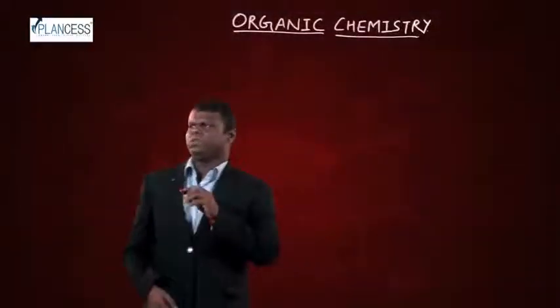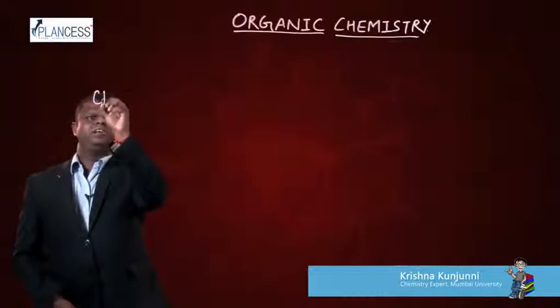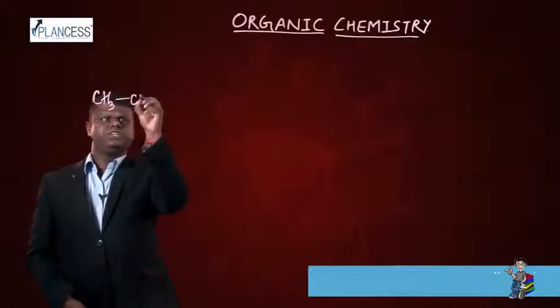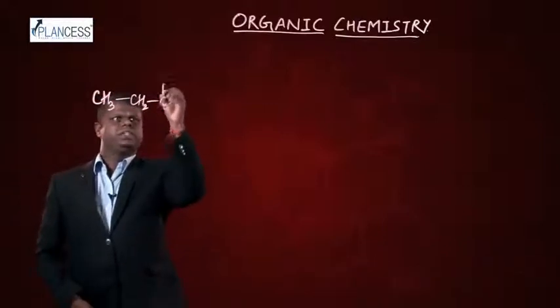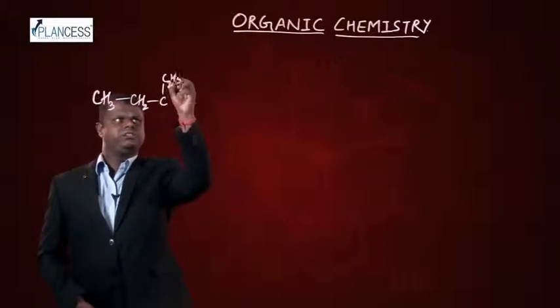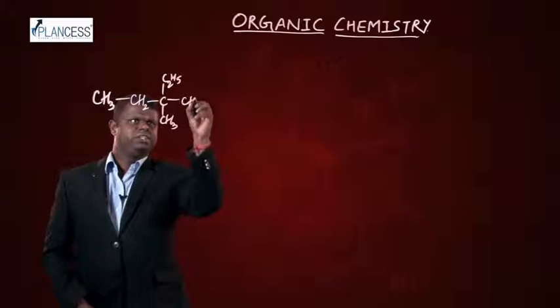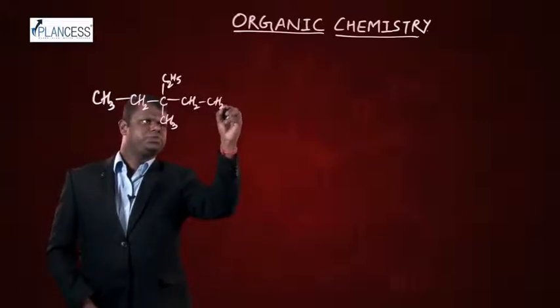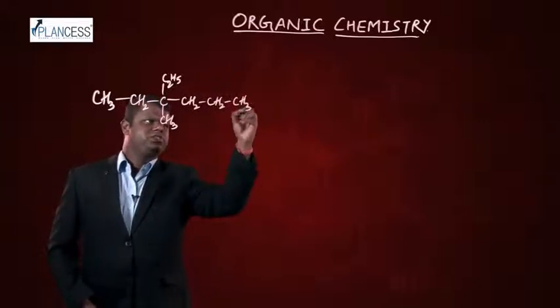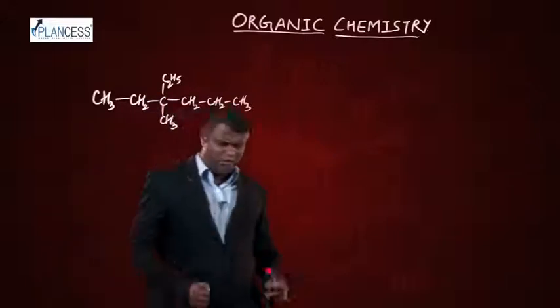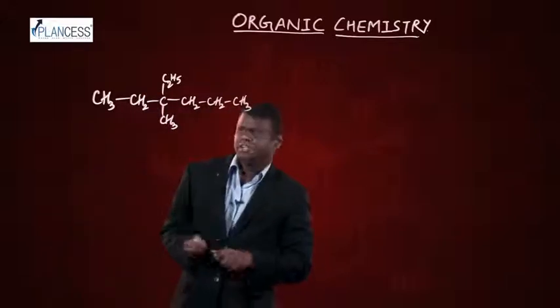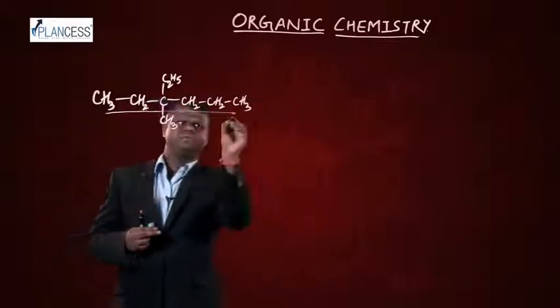Now let's start with one more example. Let's say you have a compound like this: CH3, CH2, then C with C2H5 and CH3 over here, you have CH2, CH2 and CH3. So now if you count the longest chain, it is going to be clearly this one, because even if